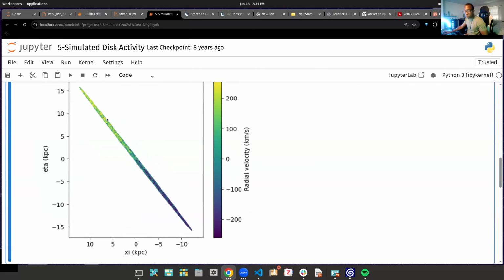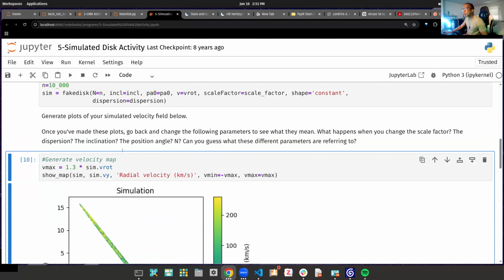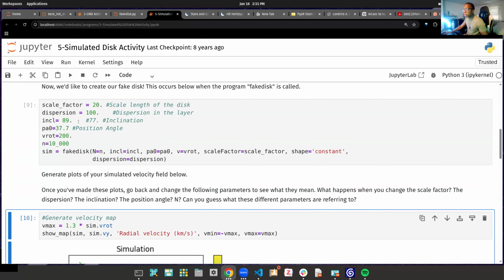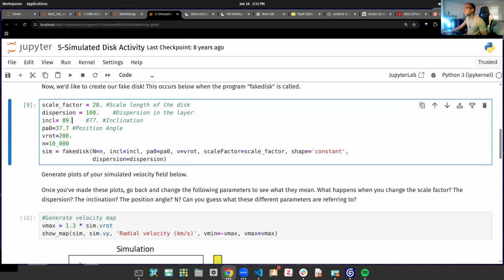I think Gavin was spot on. It looks a lot like a line, the closer you get. And I don't want to do 90 because that might break some tan functions. I think tan of 90 is undefined, if I'm remembering my ninth grade geometry correctly. But let's put it back to 77,